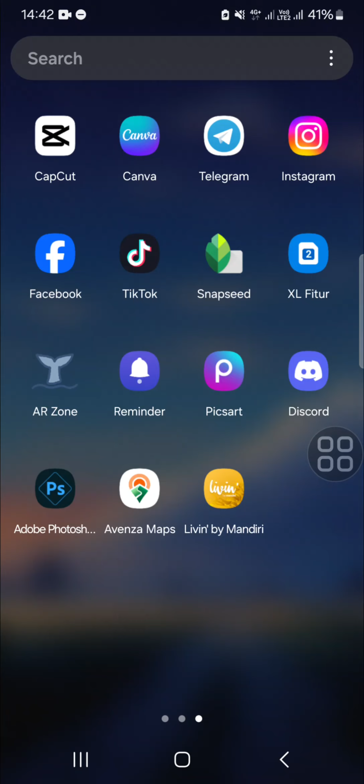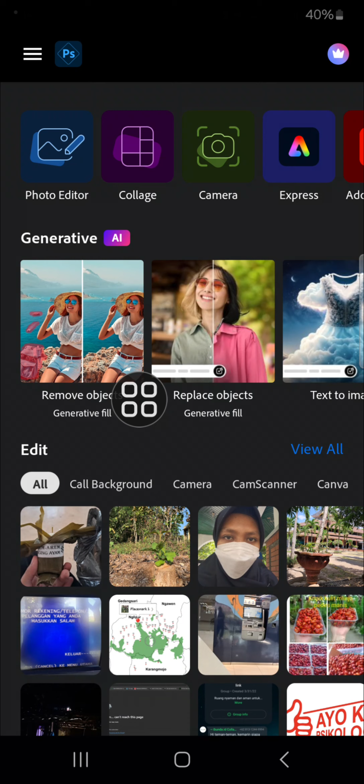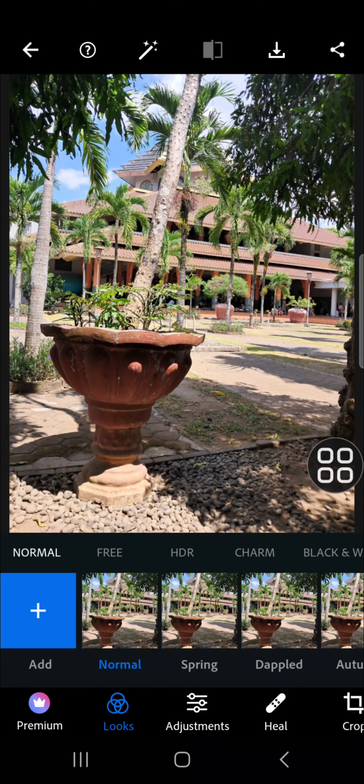In today's tutorial, I'm going to show you how to apply glow effect on Photoshop mobile application. Okay, let's get started. Here I have opened my mobile phone, and first of all, I'm going to open up my Photoshop. This is my Photoshop application, and then we can choose a photo we want to edit. For instance, I'm going to edit this photo. This one, I'm going to open it, and then if we want to apply the glow effect, we can go